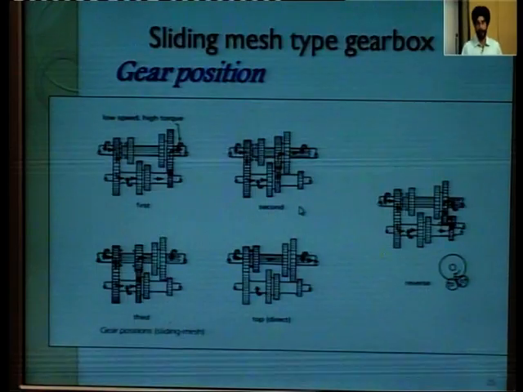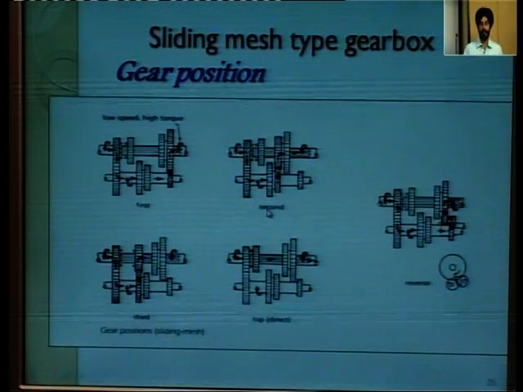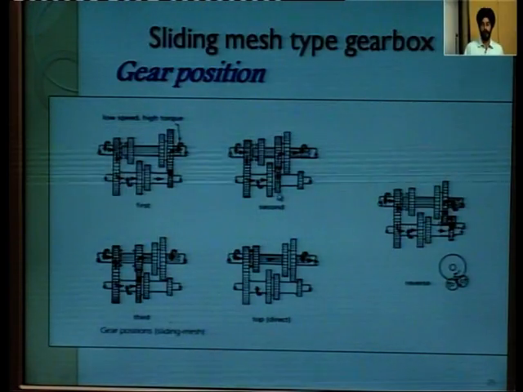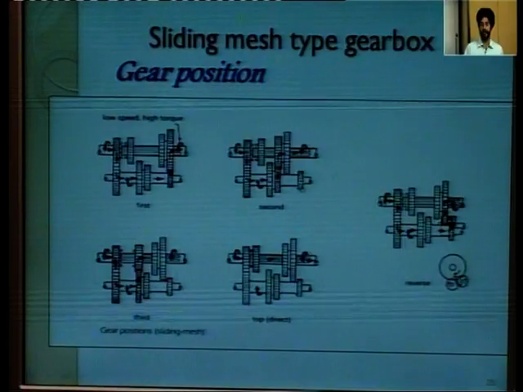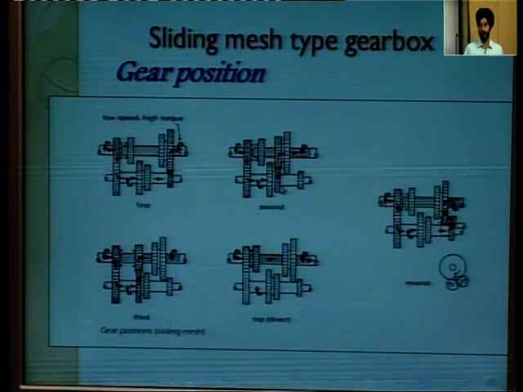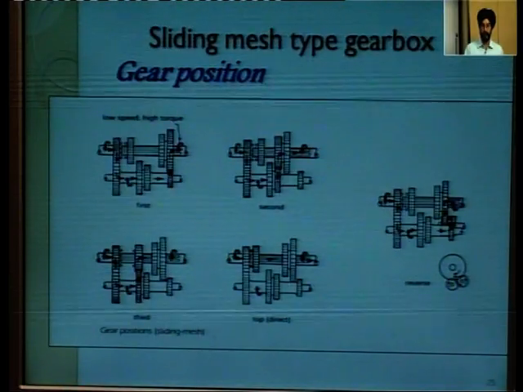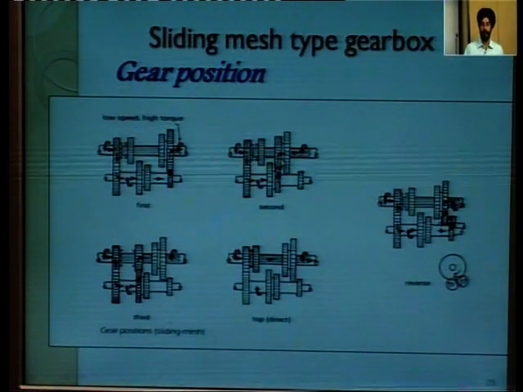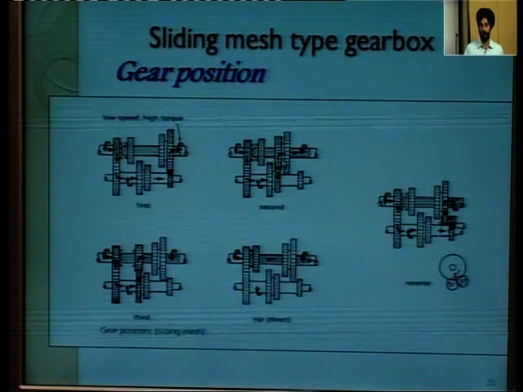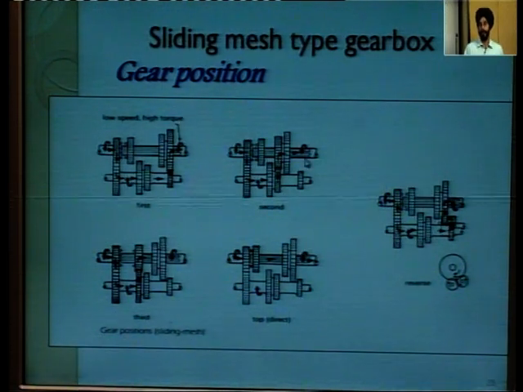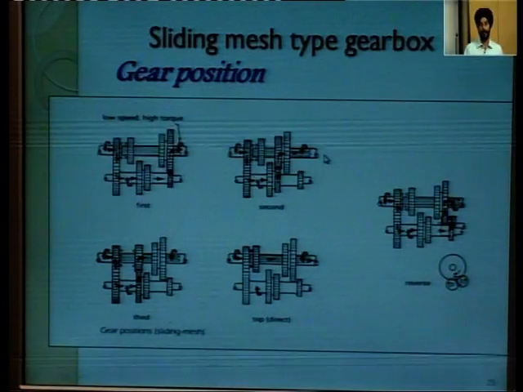So, in comparison to first gear, the second gear size is larger than the first gear size. The first gear on the lay shaft meshes with the smaller gear on the main shaft. So, this main shaft will be running in comparison to the first gear at larger RPM and will have